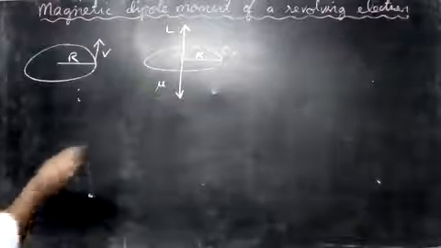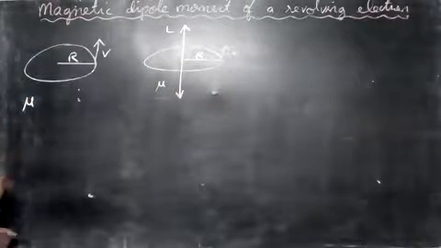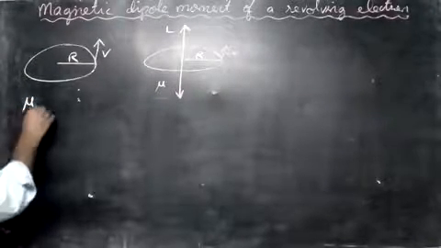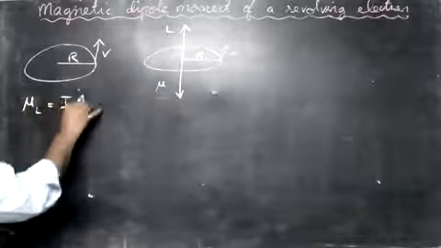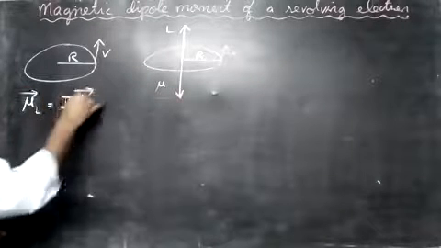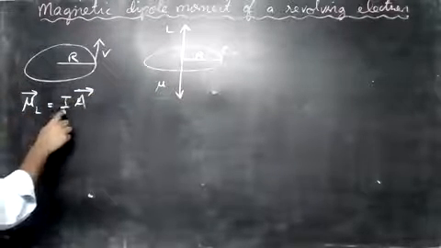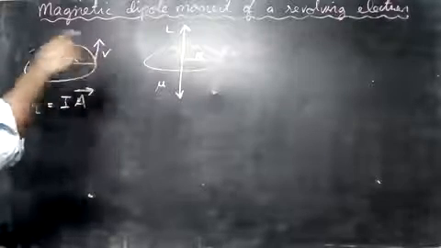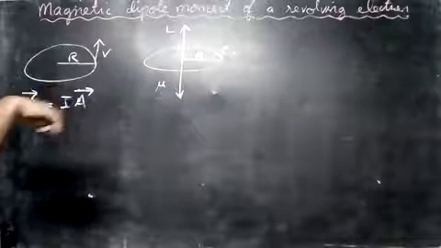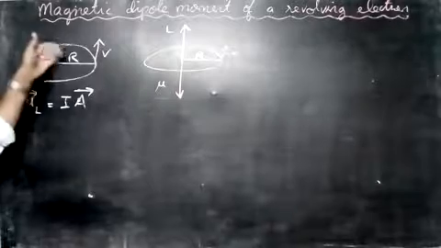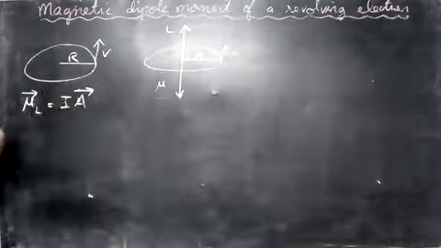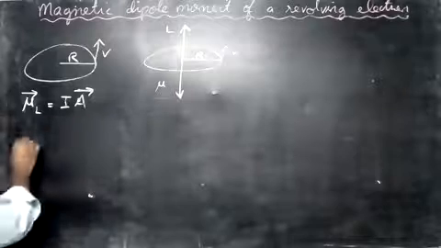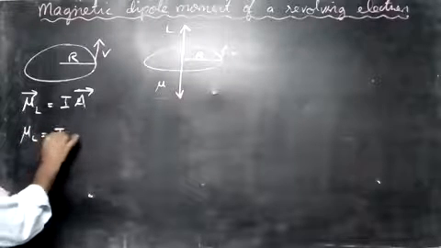Now you see, we know the formula for magnetic moment. This magnetic moment is equal to I into A. If you write vectors, you write it this way. So magnetic moment is equal to current into the area. We learned that a current carrying loop behaves like a magnetic dipole. One part becomes the north pole, the other part down becomes the south pole. If you don't take vectors, we get mu L is equal to I into A.